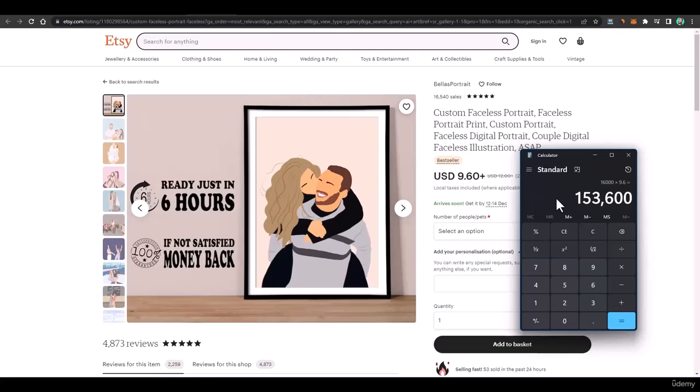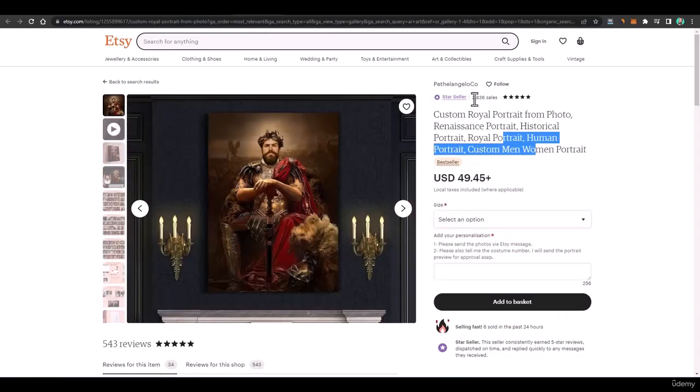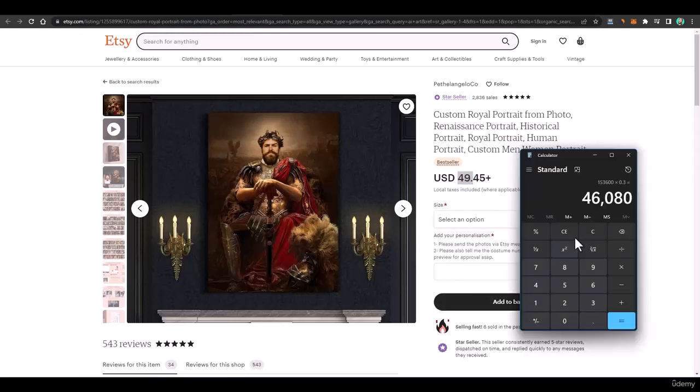This is not the net revenue, but this is sales. Even if 30% of it is profit, then it is $46,000, and that's a great amount.